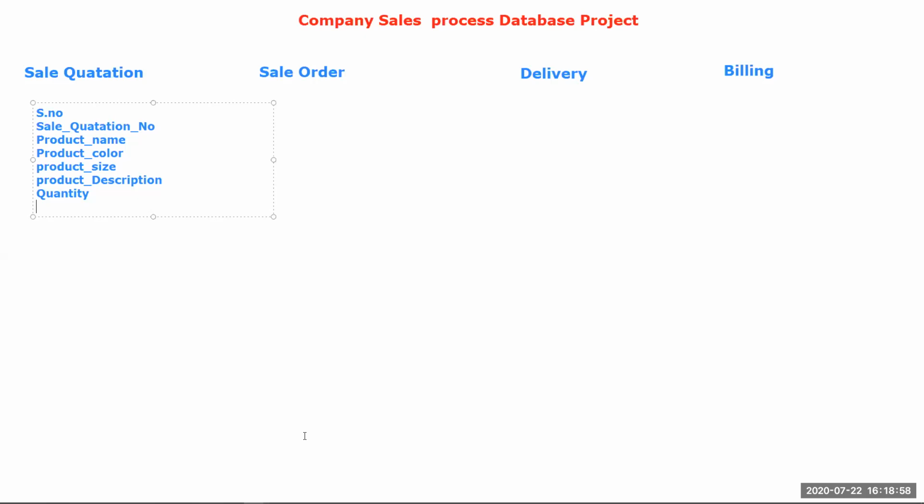Okay, so single quantity price and total price.